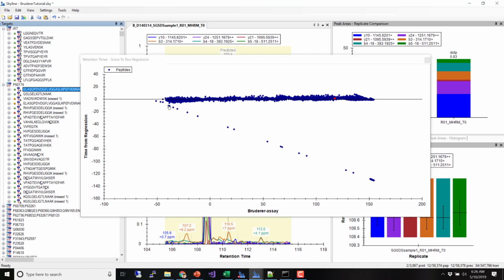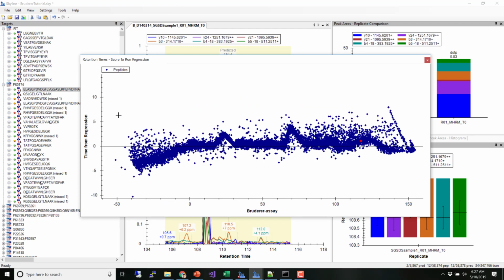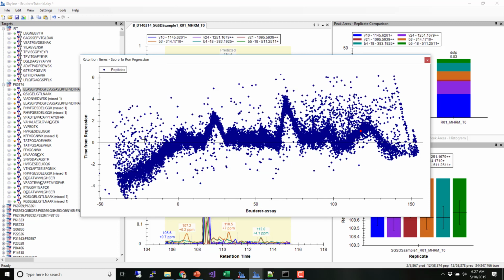We have a lot of points here. Wow, so that didn't really... Why didn't that get rid of that? Huh. Okay, well, we'll just zoom in by clicking and dragging a box like this. Now you can see it's not as pretty a picture. It's not quite a straight line. You can see that it's actually zigzagging between plus and minus 4 minutes. So there's quite a bit of warping from